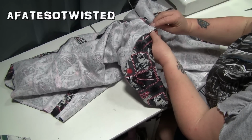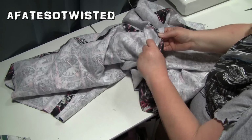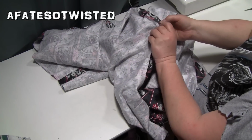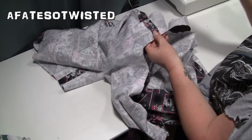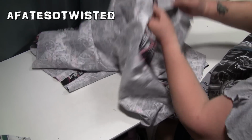I probably should have shown you guys or done a video with smaller pants so that you could see what I'm doing, but I'm limited on my materials and I don't want to waste them, and I don't see my grandchildren right now, so I don't have anybody small to make anything for. And anyway,